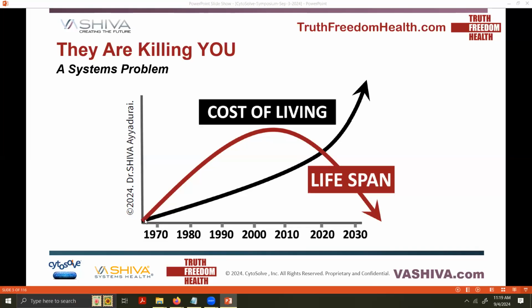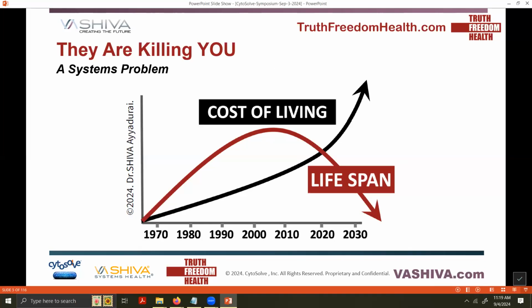You can see between a little bit before 1970 till today, that the cost of living continues to grow explosively. But the concomitant activity that's also taking place is that lifespan is going down. You would think that lifespan would be going up, but it's actually going down. And this is a systems problem that's occurring globally. So when you look at this, the only conclusion you can see, in the most colloquial terms without being hyperbolic, is that there's a set of people who are committed to killing people, either through the infinite amount of stress that's caused by this.